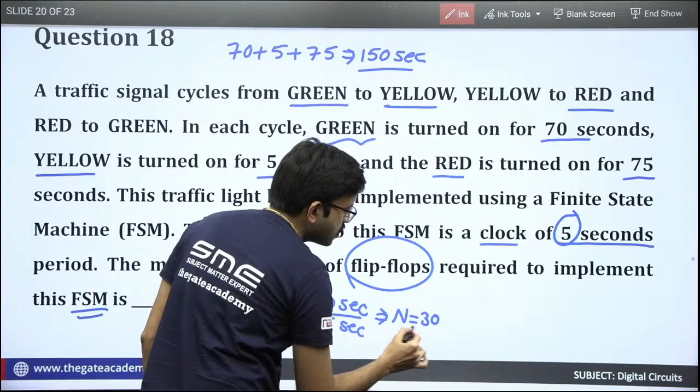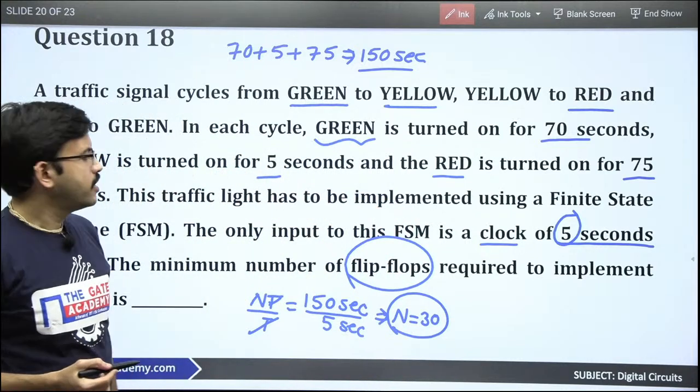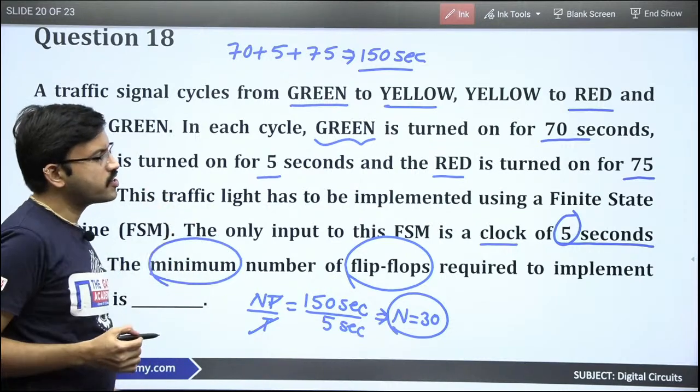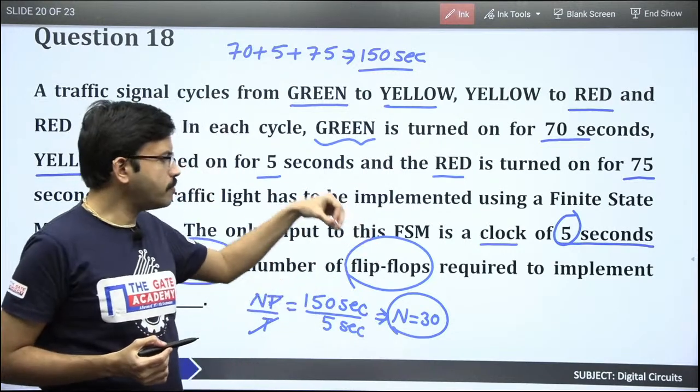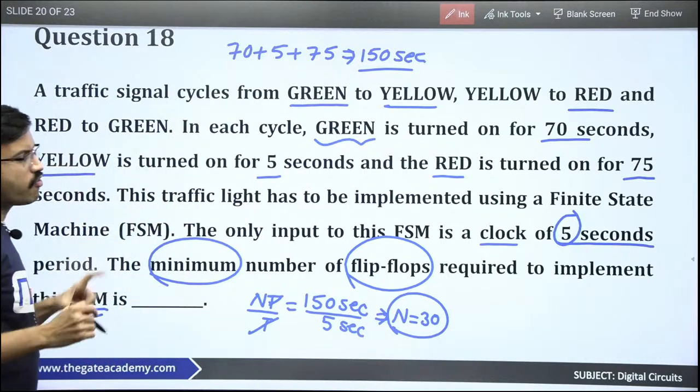So that means number of states are 30. Okay. So here if you observe, they are asking minimum number of flip-flops. Okay, they haven't mentioned what kind of flip-flop it is. Whenever they don't mention what kind of flip-flop it is, and here one more clue, what kind of flip-flop you